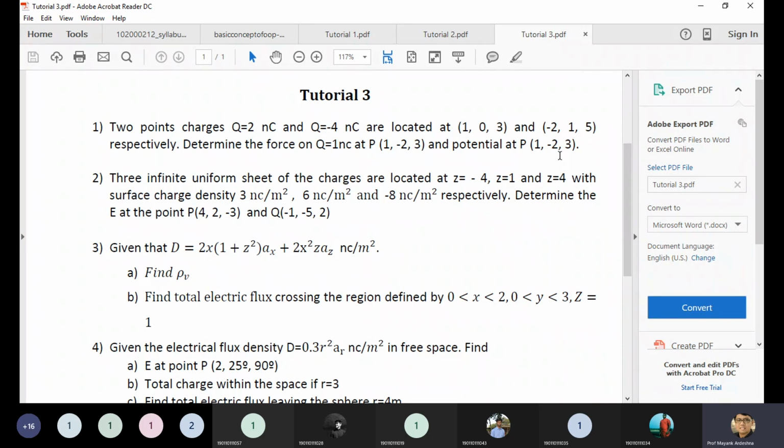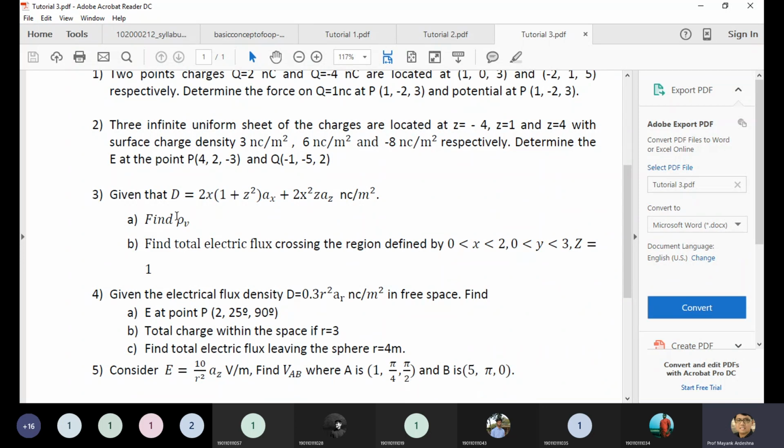In this case, first of all you have to find the electric field E. We already derived the equation of E, rho s upon 2 epsilon 0, which is nothing but the electric field intensity due to the surface charge. So find this one, and according to the location you have to find the direction from the charge surface. Then we can find the electric field intensity at the different point 4, 2 and -3.